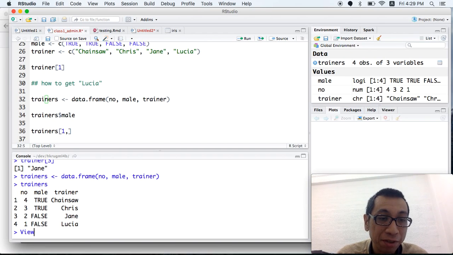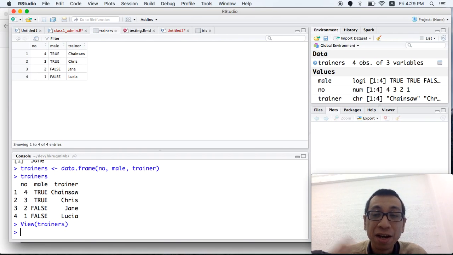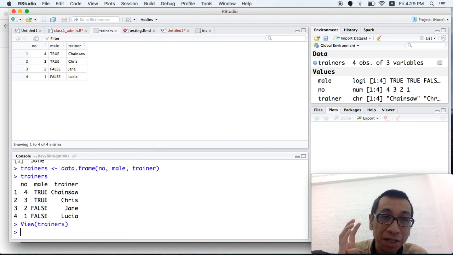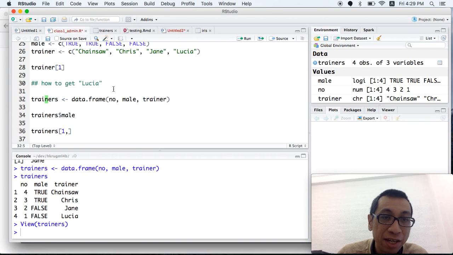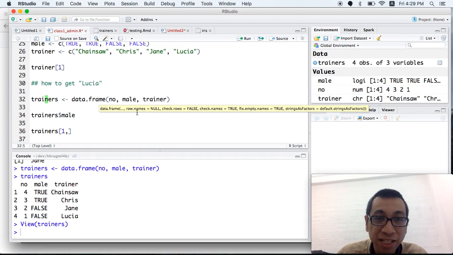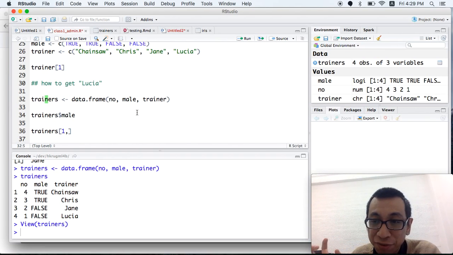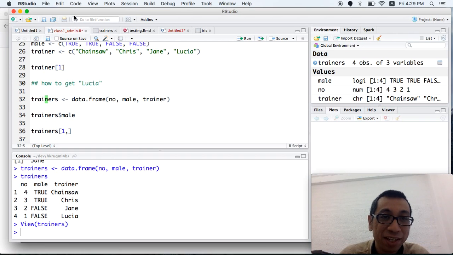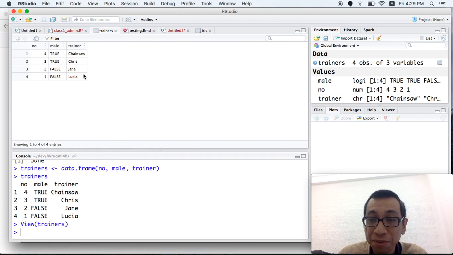We can also view that. From the beginning we have 3 vectors of the same length, with 4 items in each. Then we can use data.frame to combine those 3 vectors into a data frame called trainers, and then we can view it like a table.